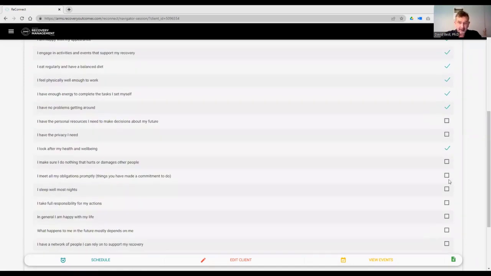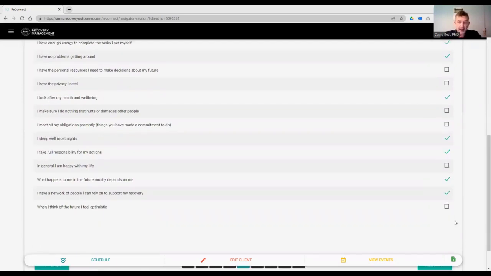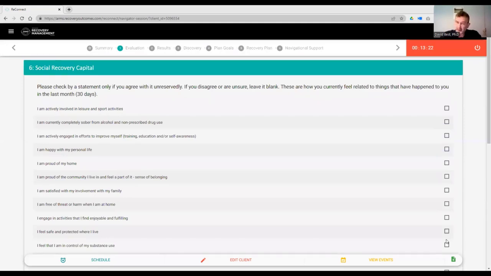There are 25 questions, and when you come to see the analysis for both personal and social recovery capital, they are split into 5 subdomains. That's not relevant to the client completing it. It's only going to be relevant to you when we come in module 3 to review the score profile. But in essence, what we are doing here is providing a detailed breakdown of what areas of both personal and social recovery capital the individual has.